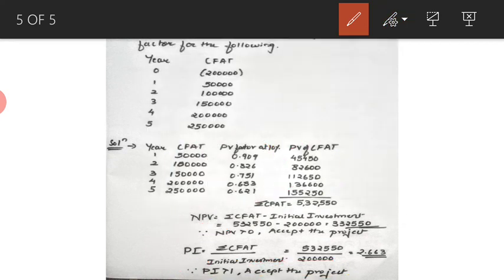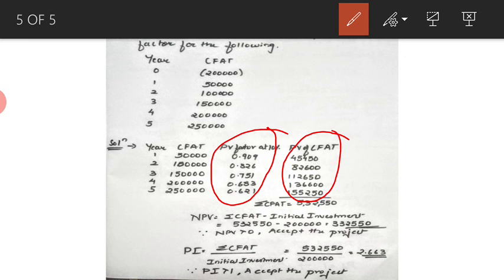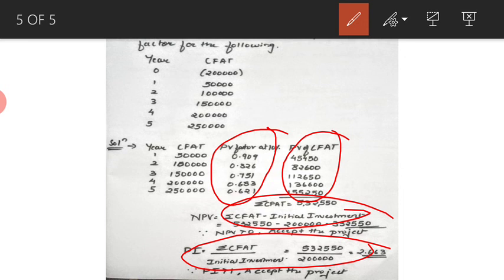Okay, if you remember, in non-discounted methods we used to take these cash flows directly in the formula. We never did this calculation, because time value was not considered. But in case of discounted methods, time value is considered. So present value table factors have to be considered, finding out the present values of cash flow has to be done, and then we can use it in the formula. That is the difference between discounted methods and non-discounted methods.